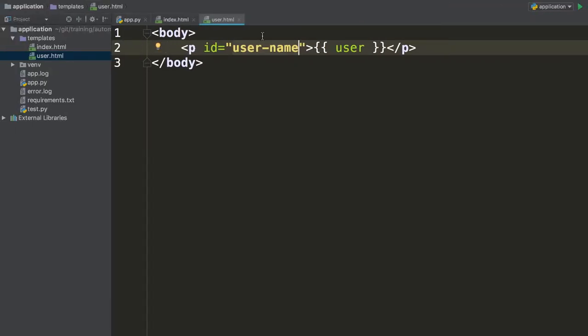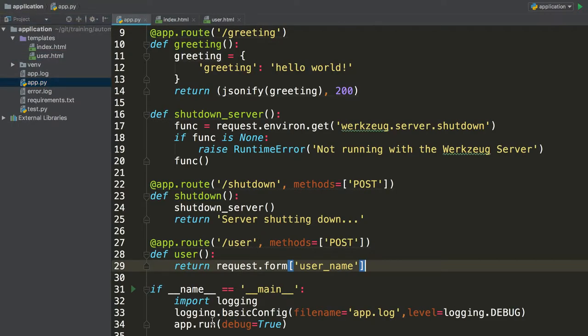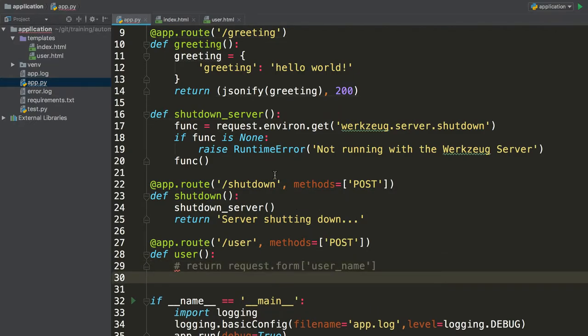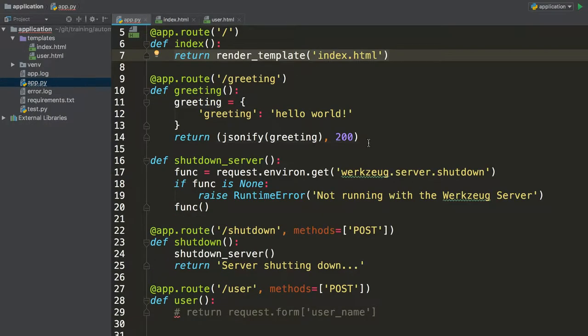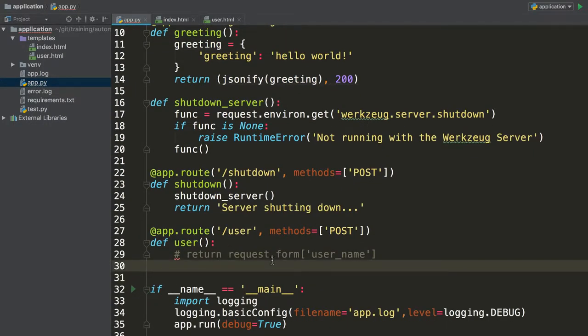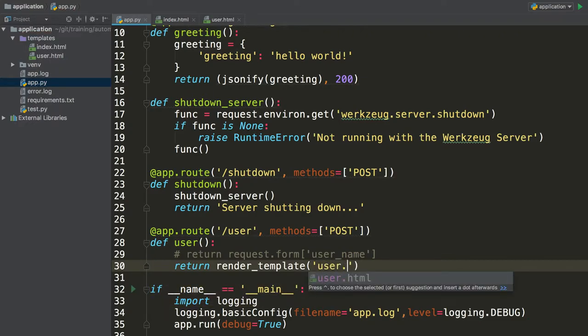The last thing to do is to wire this new HTML page back into the application, which was here where we were returning just returning the name before. Instead of doing that, now what we want to do, and I'll comment that out, is much like this index, we want to render a template. So I want to return render template. Template name, I'll do it in single quotes, is user.html,